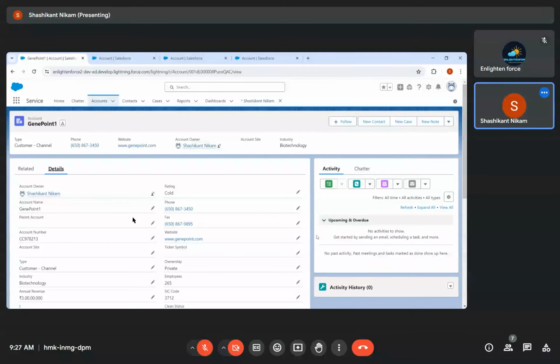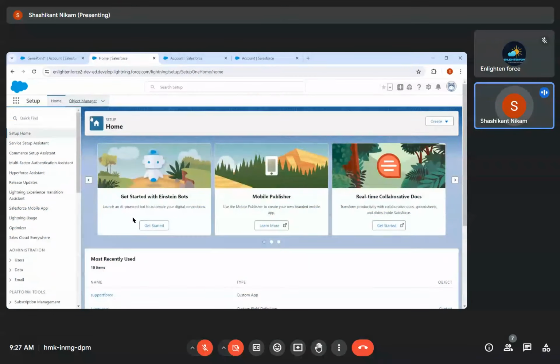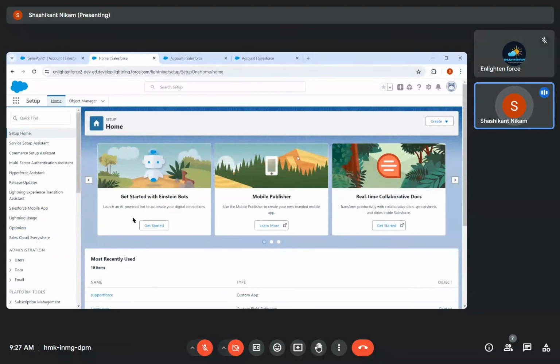No. Okay. Now, we have seen how we can see the object on the app, right? The service app, the tabs, this is an object. In the setup menu, we can directly go to the setup, right here, object manager, and search for any object. There is another way with which you can go and see the object and the relationships between two objects. For that, you just need to search for the schema builder